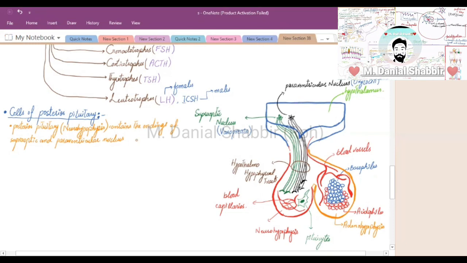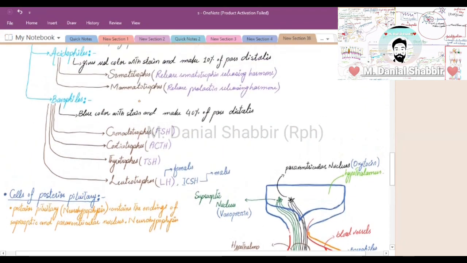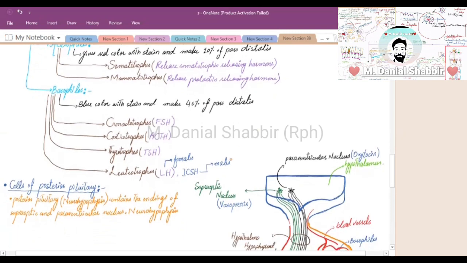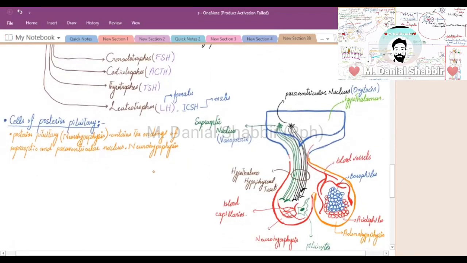Okay. Second point is that the neurohypophysis, that is the posterior pituitary. Listen, remember and keep in your mind, the neurohypophysis never makes hormones like we have just studied in the adenohypophysis. Those hormones or releasing factors are formed in the actual cells of the adenohypophysis. But in case of the posterior pituitary or neurohypophysis, it does not make any hormone,